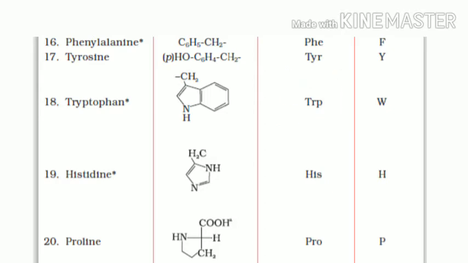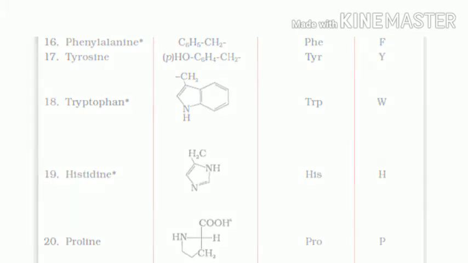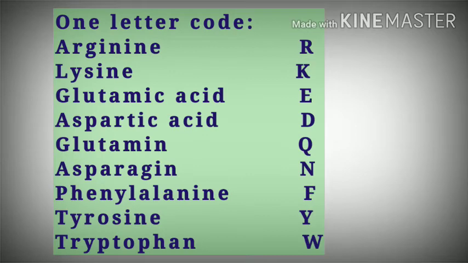It will be easy and helpful for us if we extract all these exceptions and make ourselves a list like this. Here in this list, I have listed out all the exceptions to the 1-letter code, which are R for arginine, K for lysine, E for glutamic acid, D for aspartic acid, Q for glutamine, N for asparagine, F for phenylalanine, which is similar on the basis of pronunciation, Y for tyrosine, again the second letter of the word, and